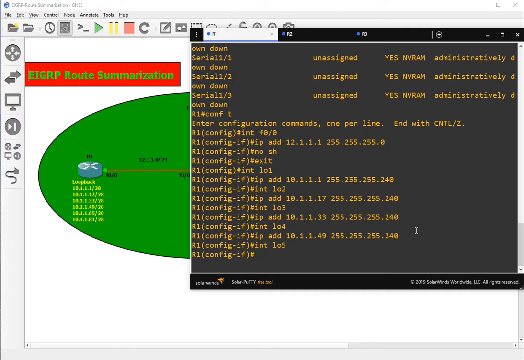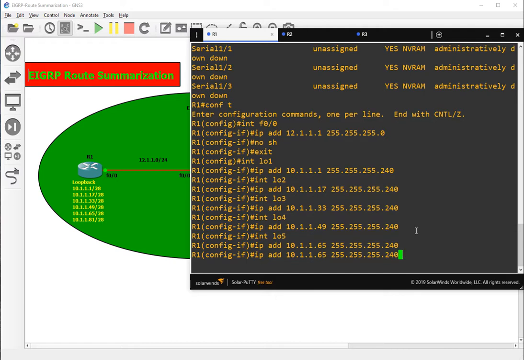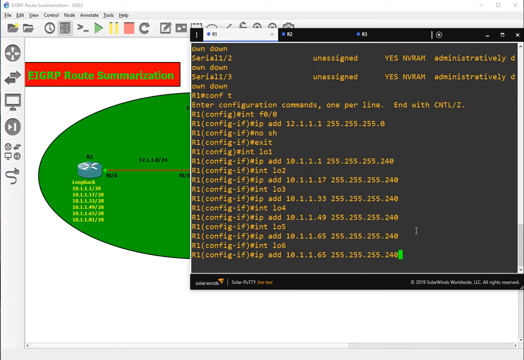Loopback 5, and after 49, 50 will be the broadcast, and the next network will start from plus 16, which will be 64. So the valid host will be 65, right?